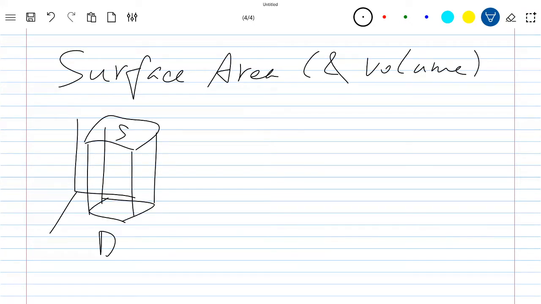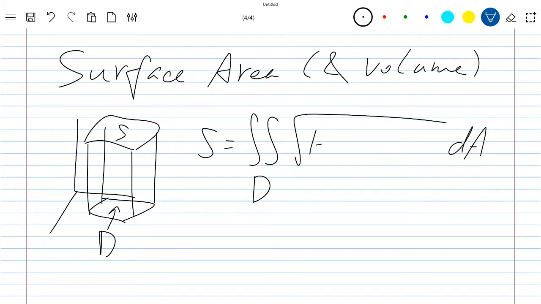So this is a domain. And your surface area would be the integral over this domain. And if you just do dA, then it's the area of this domain. But you have to multiply by this factor. So you have to take the derivative of z over x and z over y and put them in the square root. You can regard this as a 3D Pythagorean theorem. Because if you have just z as a function of x, then you have this tilted surface, so you have a larger surface area than the